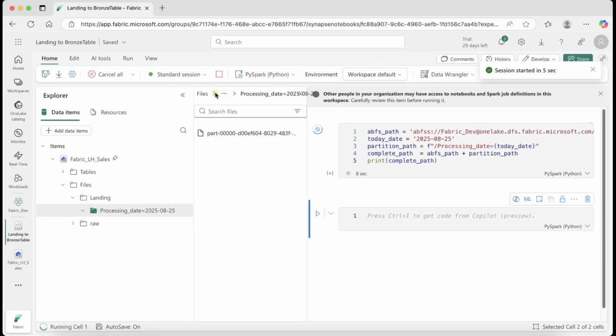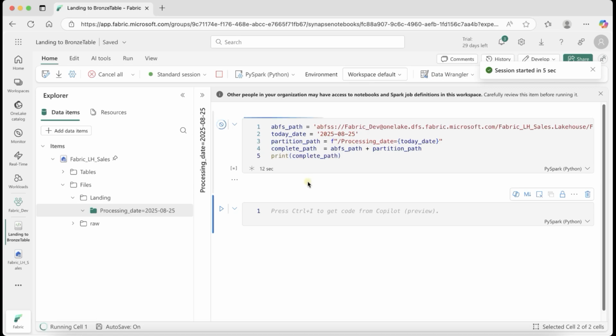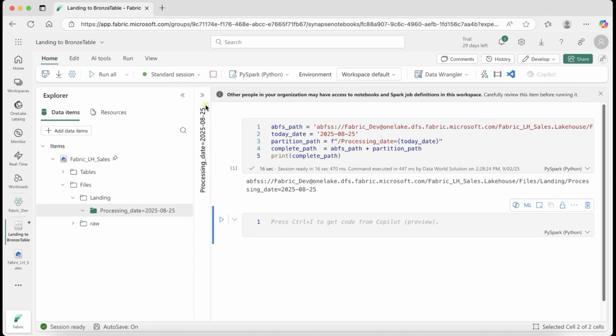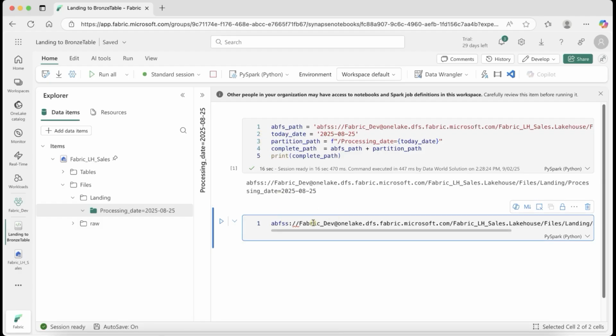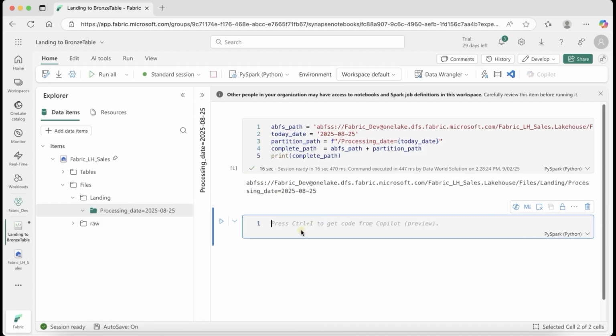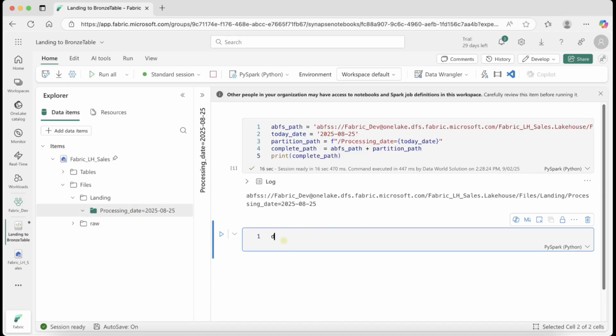Let me collapse this. And if you go here and copy this, you can see the same path, which is the ABFS path, which we created using the variable. Now let me use this variable to read this file. So with the ABFS path, using Spark, I am creating a data frame df, then read dot format